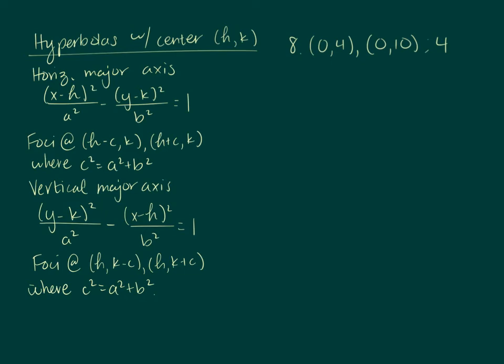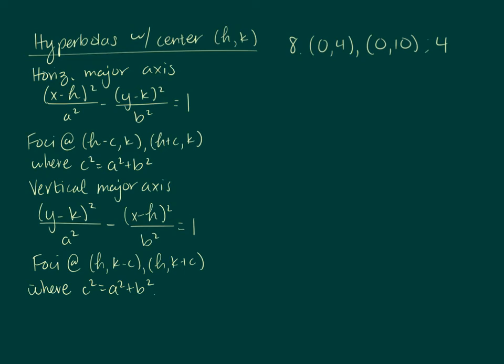Really the big difference is just in how you write up the equation in the overall scheme of things. So let's look at an example. Number 8, we have the foci (0, 4) and (0, 10), and the difference of the focal radii is 4. So first thing we're going to do is figure out our midpoint,